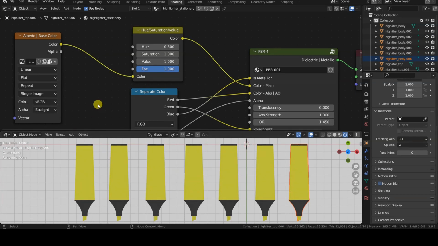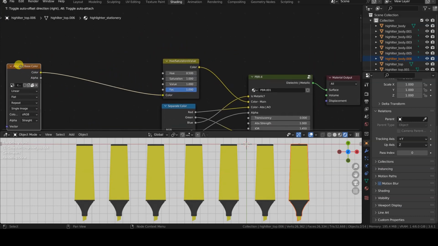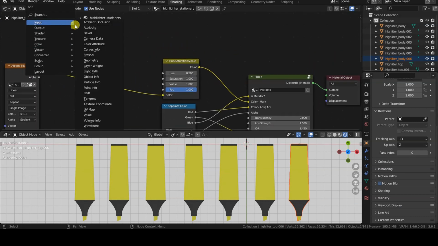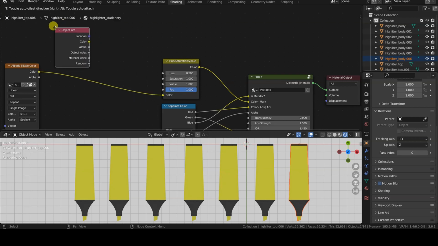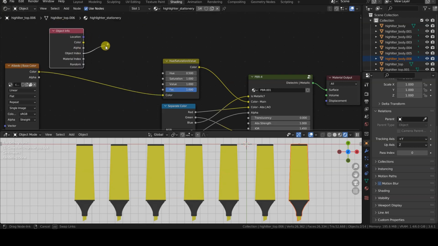The pass index value of an object can be retrieved within the shader editor using the object index output from an input object info node. However, the value output from the object info field will be an integer greater than or equal to 0, while what we need is a value between 0 and 1 as the input for the hue field of the HSV node. Well, no problem. Blender provides us with a couple of nodes that allow us to reduce the values we set to a range of 0 to 1.